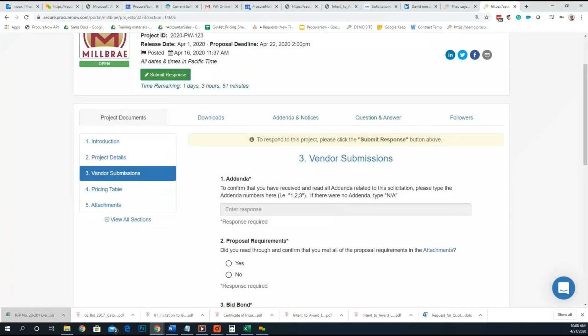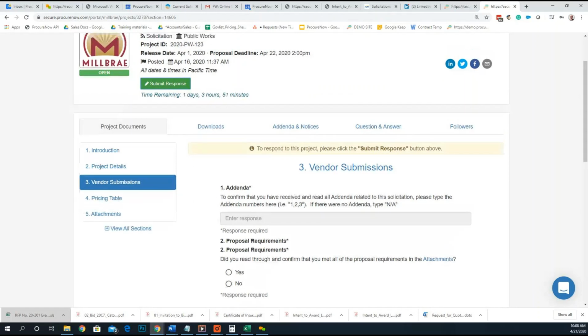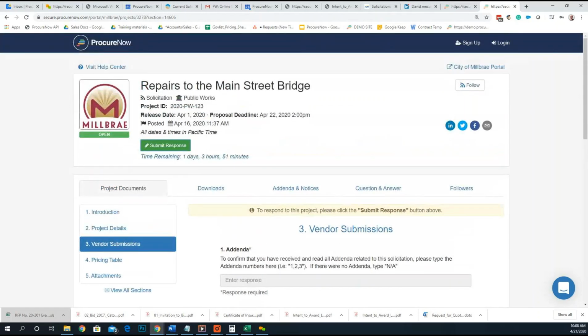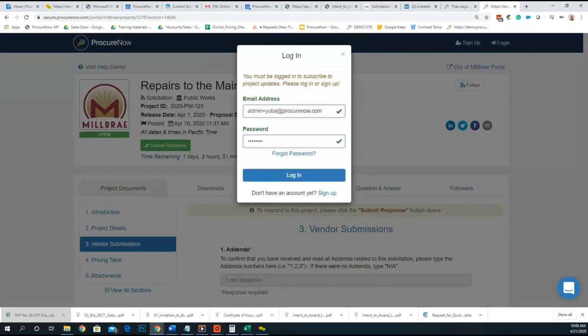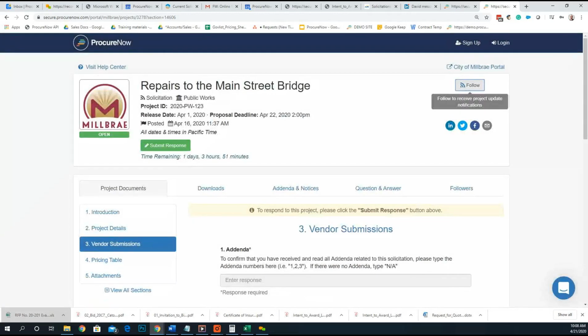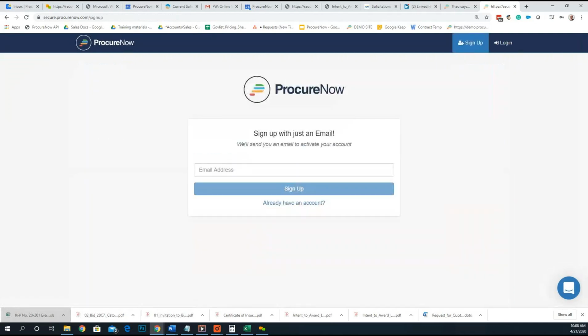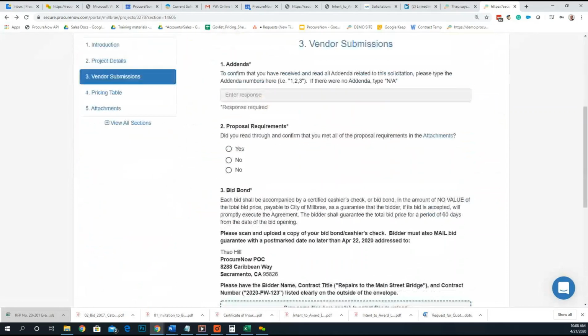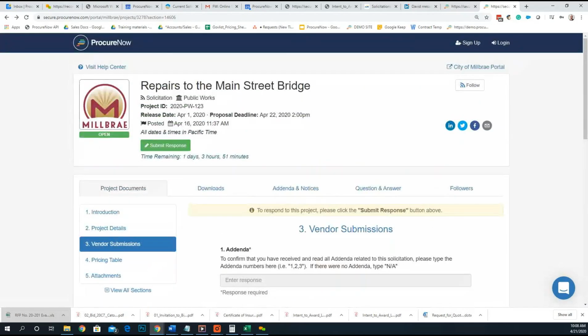So anytime they actually want to start interacting with the solicitation or with just your portal in general, if I wanted to follow along with this portal, it's going to ask me to do the same thing. If I come over here to the top, there's just a very simple sign up button, and it brings me directly to a place where they can sign up. So I just wanted to show that to you real quick, so you know that if they're a vendor for the first time and you're wanting to do something inside of our software, the moment you want to interact with it, it's going to prompt you to do something,